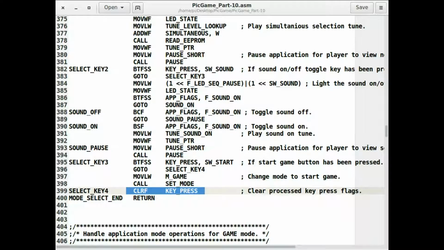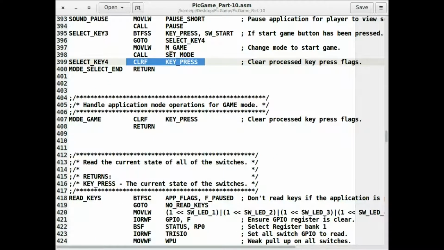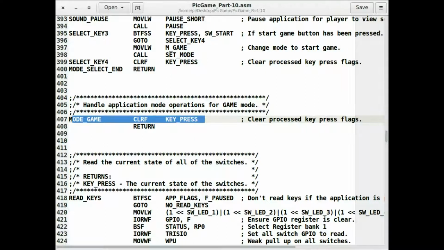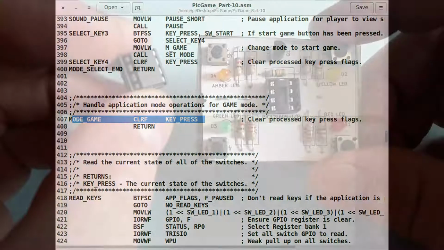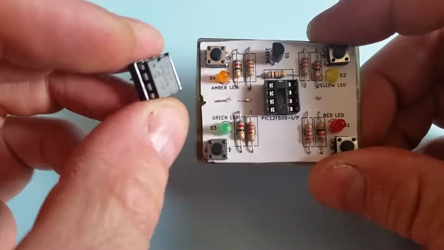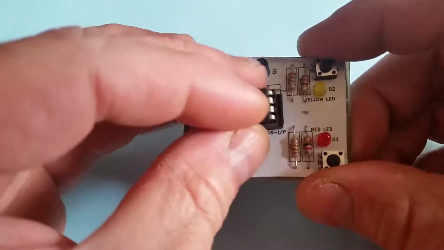So that handles all of the user interactions for setting the options for the game. And then the final bit of the game left is to actually play the game, which is down here. I put like a dummy function in just at the minute to clear key presses, so that if someone does go into game mode in this little demonstration, it will allow the device to sleep after a timeout period. So the code for this part has been programmed onto this PIC device, and when I put it into the